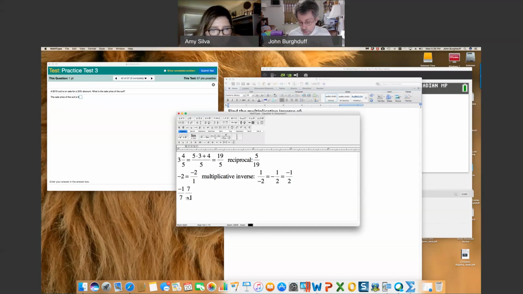But 7 over negative 1, you would probably simplify. A positive divided by a negative is a negative, and anything over 1 is just itself. So I'd write it as negative 7. Okay, I get it now. Yeah, it all builds on that idea of just take the fraction and invert it. But these are all special cases, basically, that you have to think about. Okay, I think one more I had was